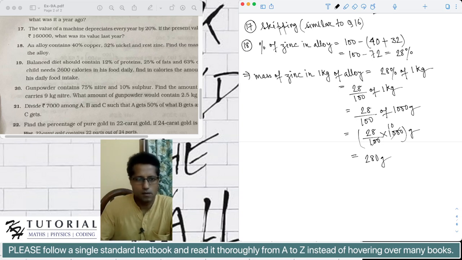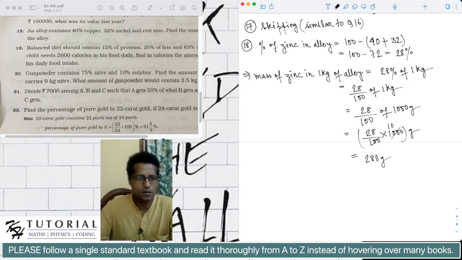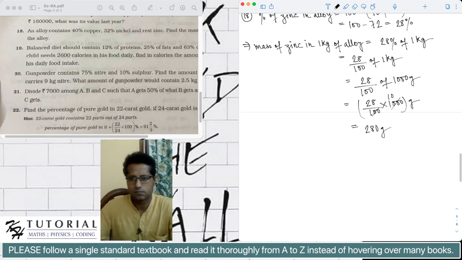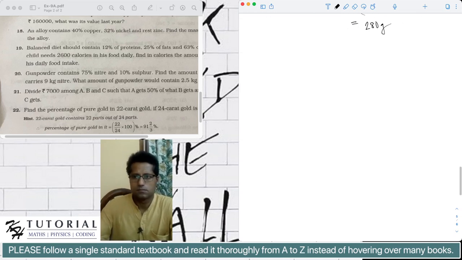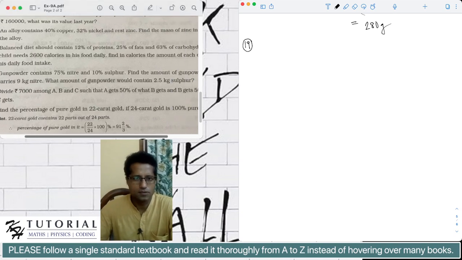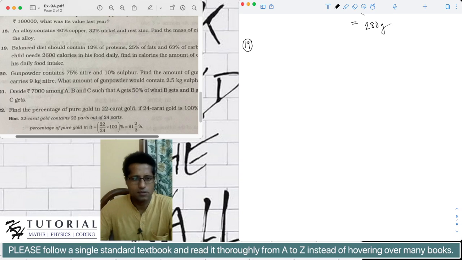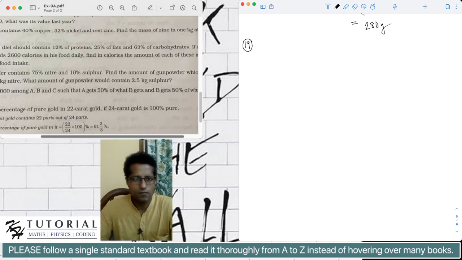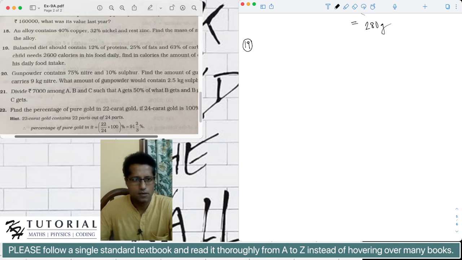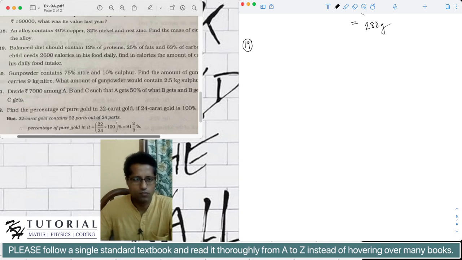Okay, let's do problem number 19. A balanced diet should contain 12% of protein, 25% of fat, and 63% of carbohydrate. If a child needs 2600 calories in his food daily, find in calories the amount of each of these in his daily food intake. Okay, so it is given that